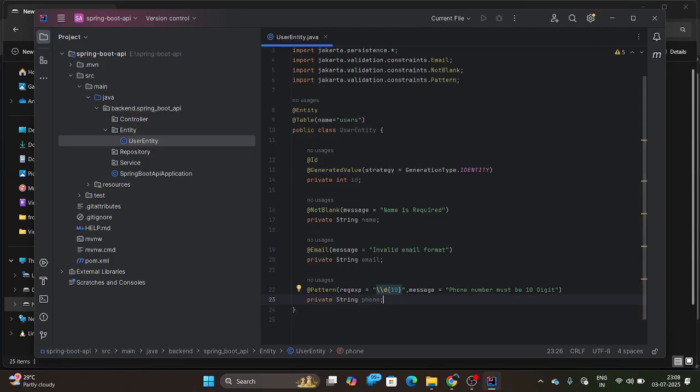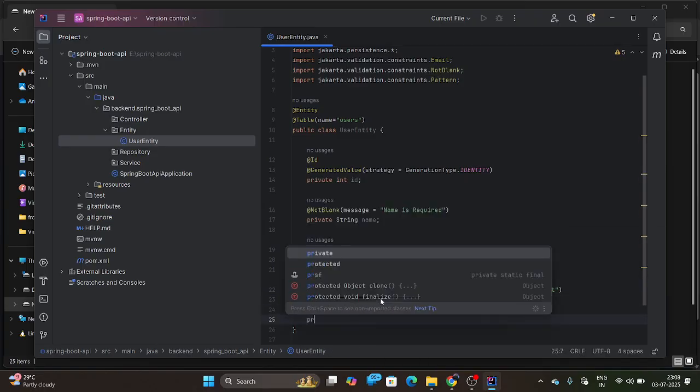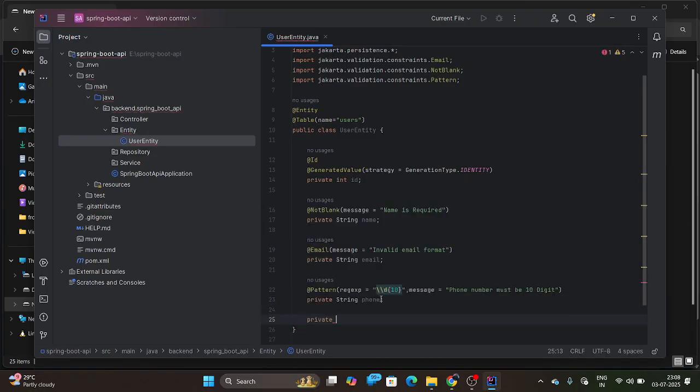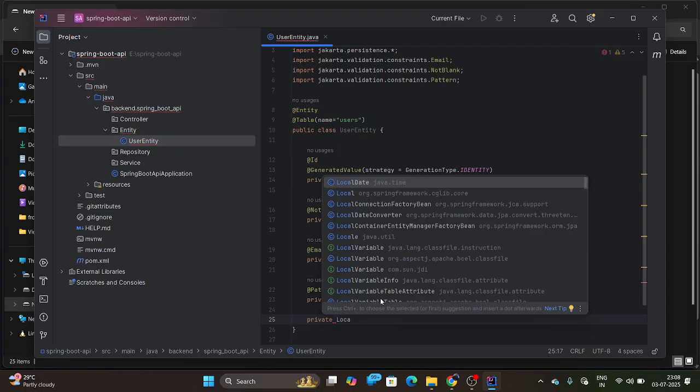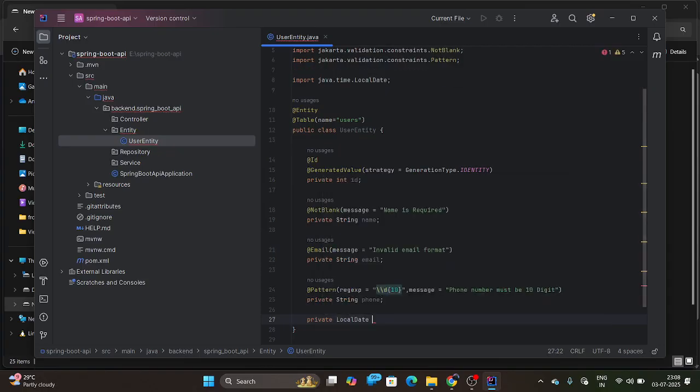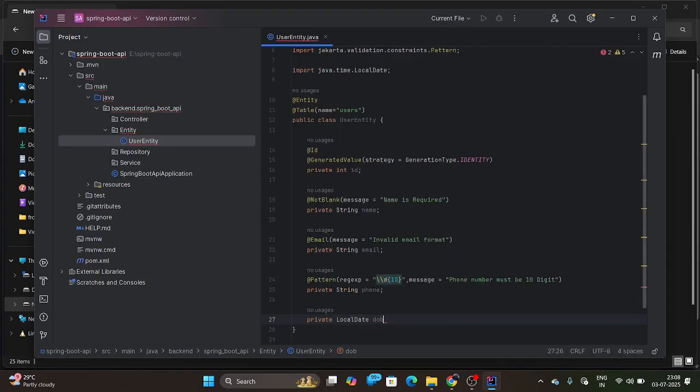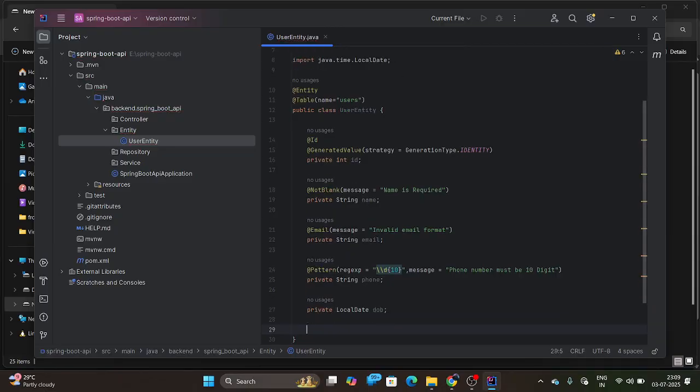Okay, and I will give a dob. This field does not have any type of requirement, so I will simply use LocalDate, type LocalDate dob. Okay, and the next field is